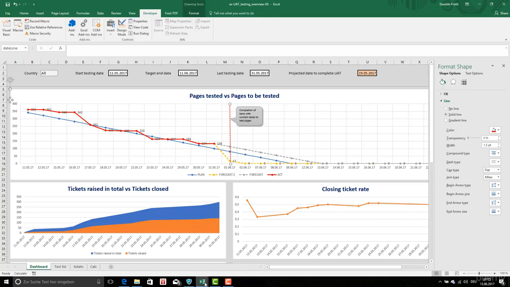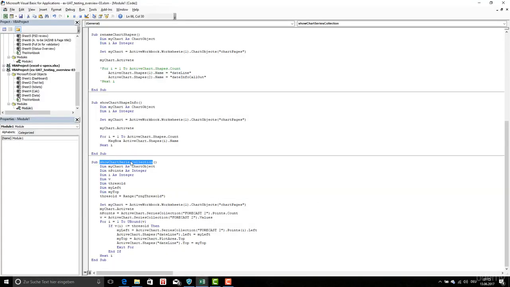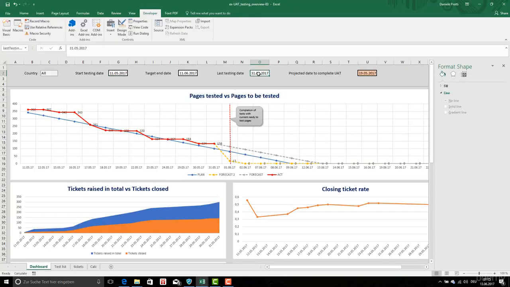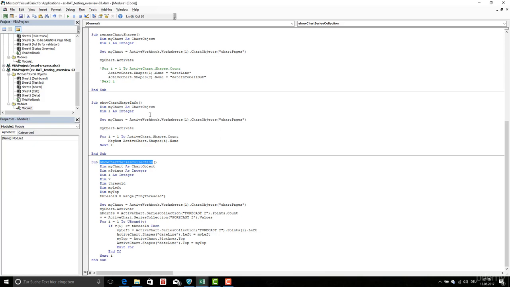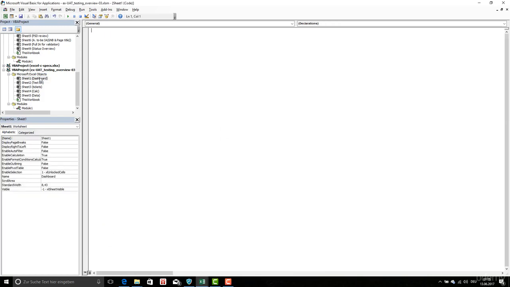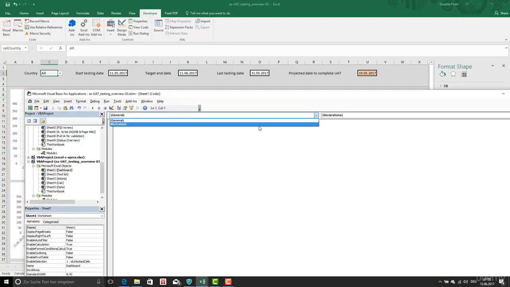Now what I'm going to do is, okay, I have my routine and I'm going to do the following. When I change this one or this one or this one, this is going to happen, or even this one. So I'm going to check what happened in the dashboard when I'm going to